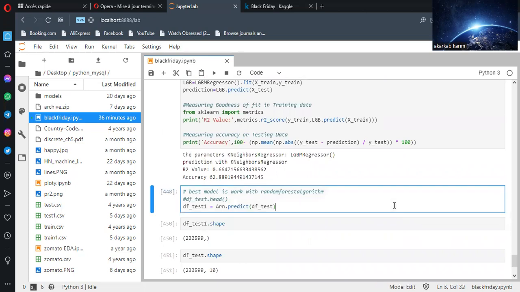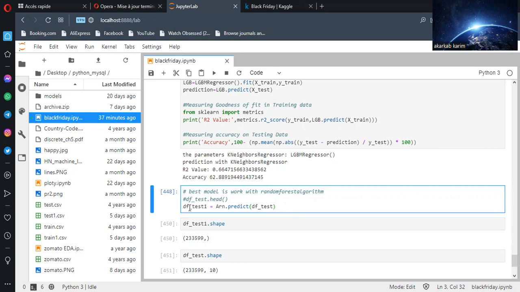So to make this prediction based on this dataset, I choose the random forest algorithm because the best accuracy is obtained with it. Okay, and to build the prediction for submission of our result in the competition,